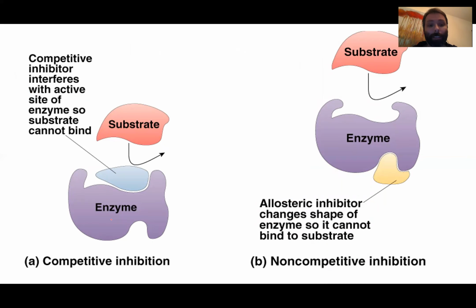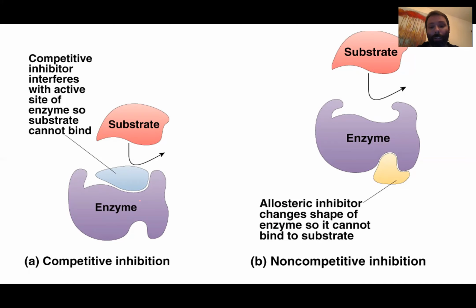Now, the active site leads us to controlling the enzyme, right? Once we got past the basic structure, it's like, how do we make them work faster? Or not usually work faster. We're trying to make them work slower by adding a competitive inhibitor, something that is going to fit into the active site in the place of the substrate, but is not the actual substrate. Therefore, the enzyme can't do its job, and it just sits there all clogged up,